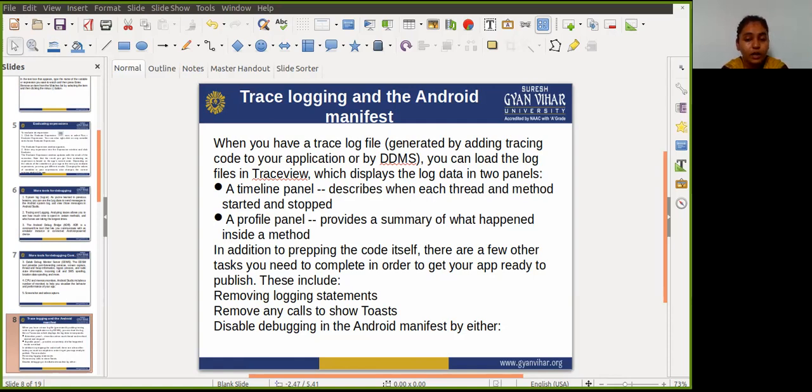Even when running on a device in user mode, by default this value is set to false. You can create and configure build types in the module level build.gradle file, inside the android block.